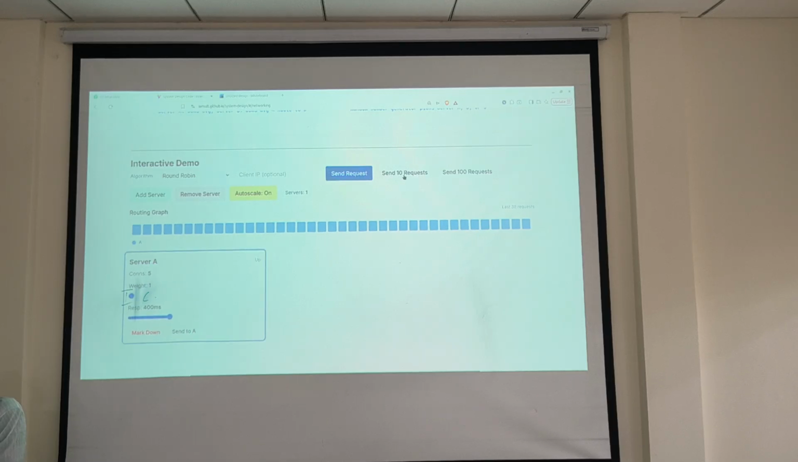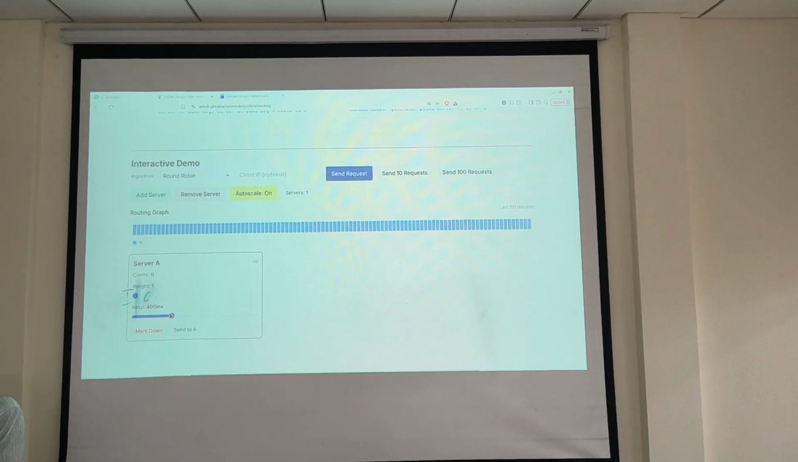Okay, if I am sending 10 requests, a single server is enough. If I am sending 100 requests, I think one server is able to handle that. But if you want to handle more things,